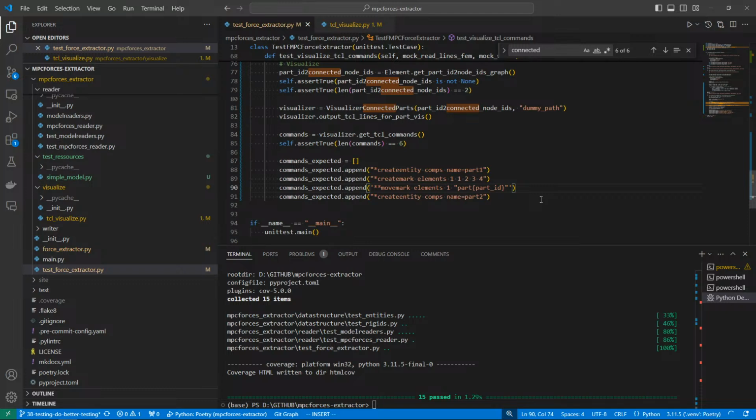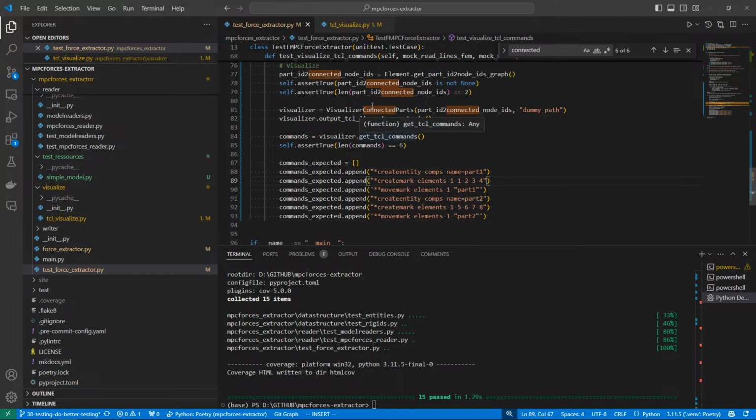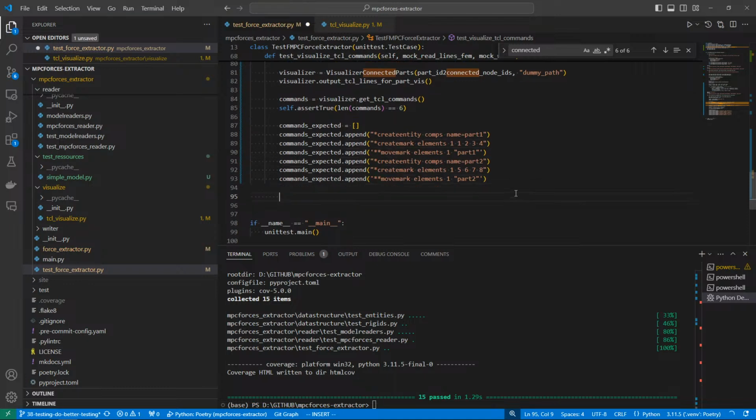Yeah, and it automatically reformats that code. That's also pretty awesome. So that would be the first thing, and then we have the second thing. Then 5, 6, 7, 8. Yeah, that's also total bullshit. That would be part 1, and this would be part 2. So this will for sure not work, because I messed something up, and I'm not sure if that works. But yeah, so